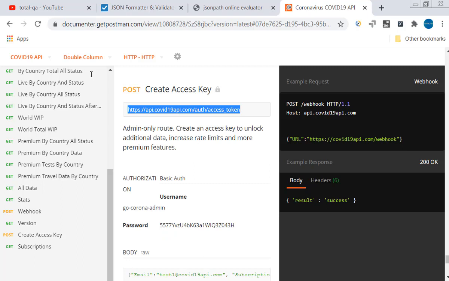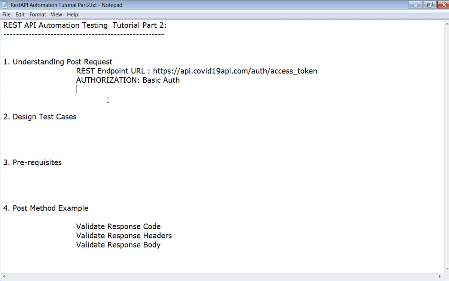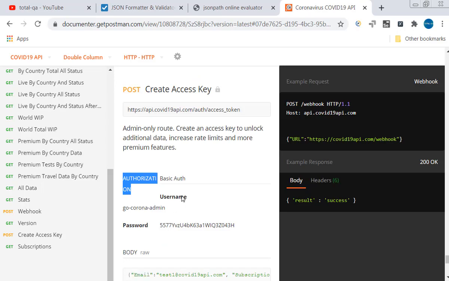Here we see there is an authorization, which is basic authorization. Authorization plays a very important role in the case of a POST request. Let me copy this, because it is important to understand what type of authorization it is. In the case of basic auth, we need to provide a username and password. The username they provided is Go Corona Admin.